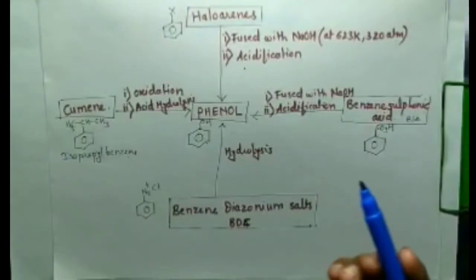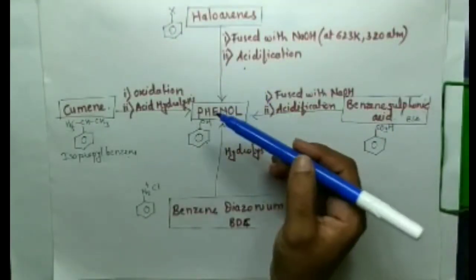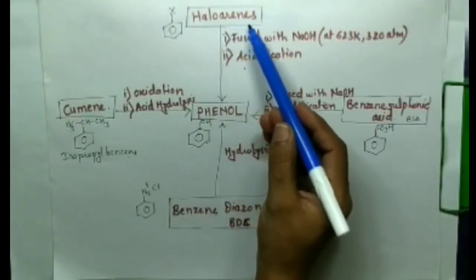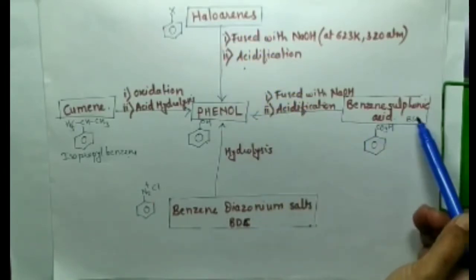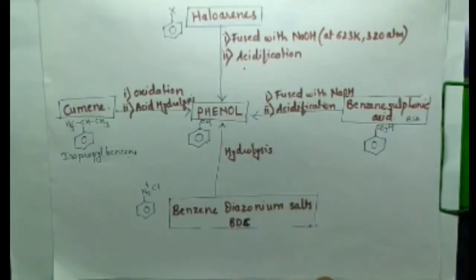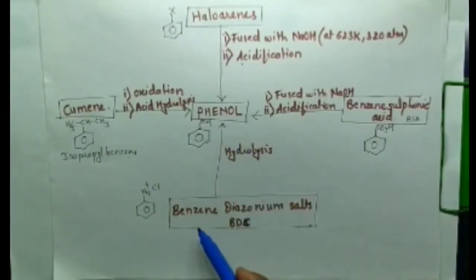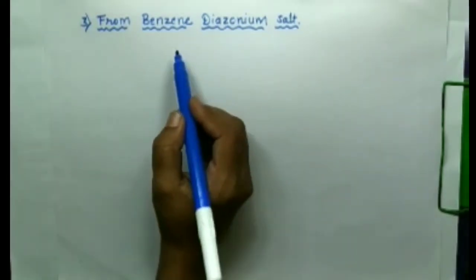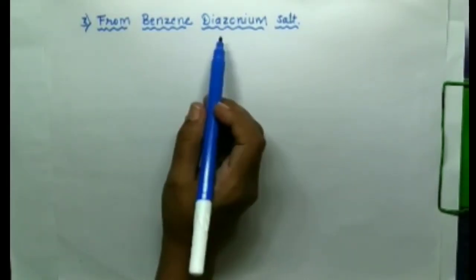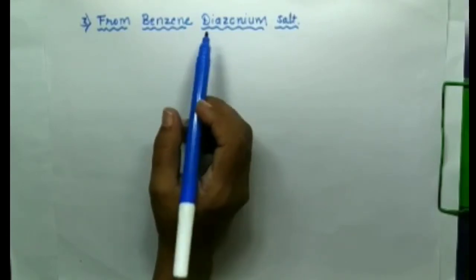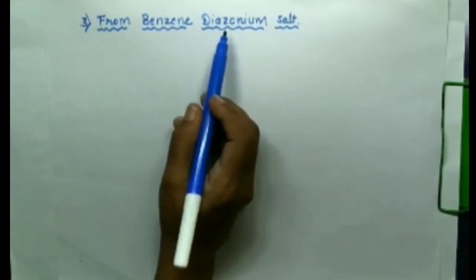Hello students, already we have seen preparation of phenol from haloarene, then from benzene disulfonic acid. Today we are going to see in detail preparation of phenol from benzene diazonium salts. So phenol is synthesized from benzene diazonium salt. Before going to study phenol synthesis from this, we are going to study the preparation of benzene diazonium